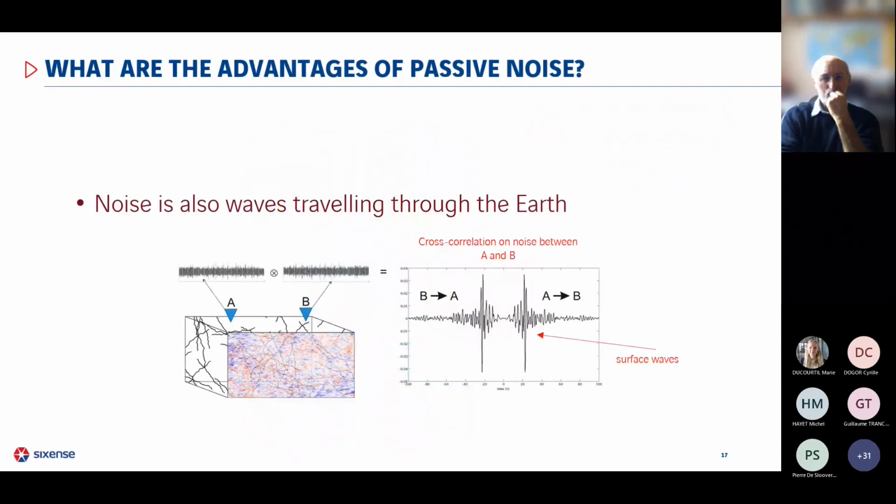Around the 20th century, we were able to record ambient noise signals for the first time and analyze them. We understood that seismic noise is also waves that travel through the Earth, and it's dominated by surface waves since its sources are mainly surface processes. With mathematical processes, these waves can be extracted and we can analyze them, as we see here in this image. We're going to talk a bit more later about the cross-correlation procedure.